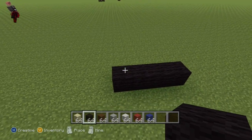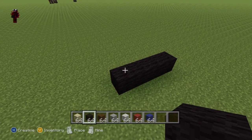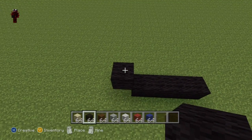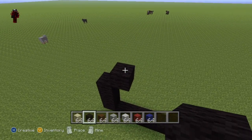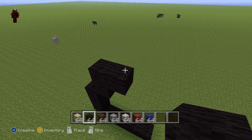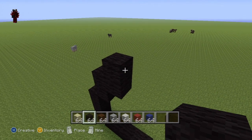Starting from the left hand side of your row of 4, starting from this most left hand block, do an up left diagonal. Then place 2 blocks on top of that diagonal, so 1, 2. Then do an upright diagonal. Place 1 block on top of it, 1 block going right, 1 block on top, then 3 blocks going right,